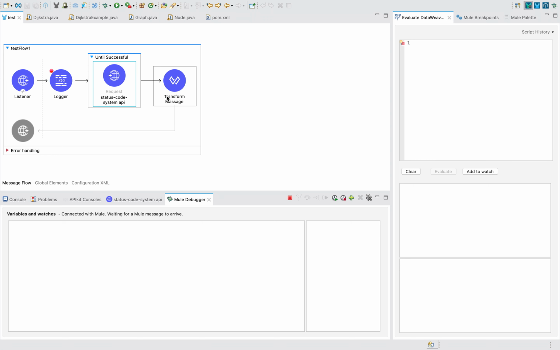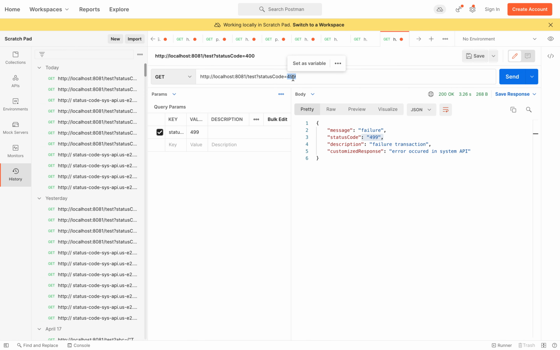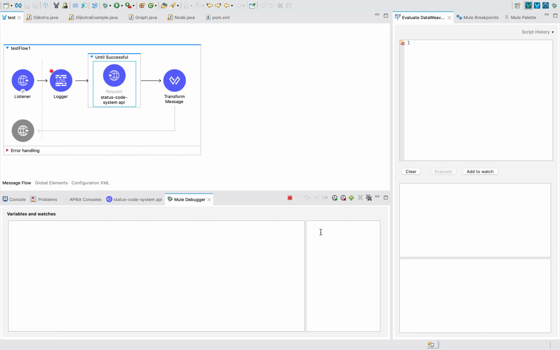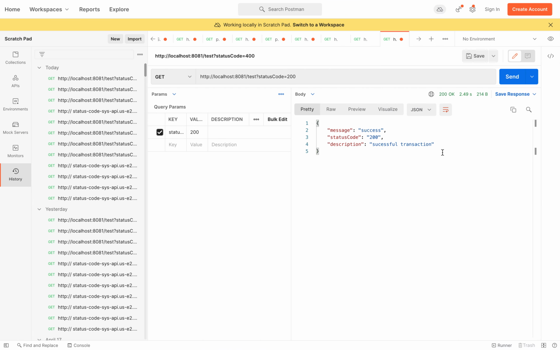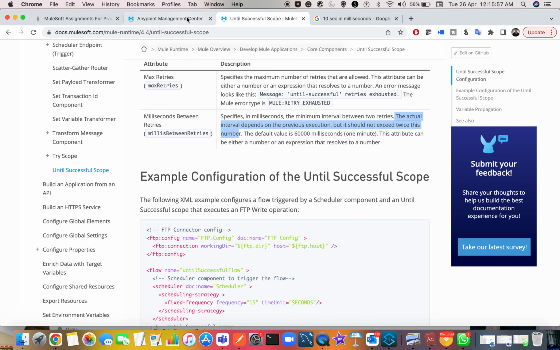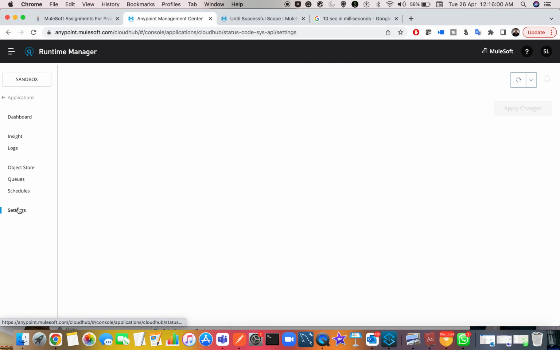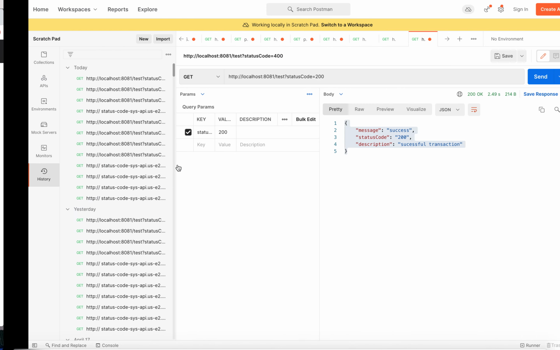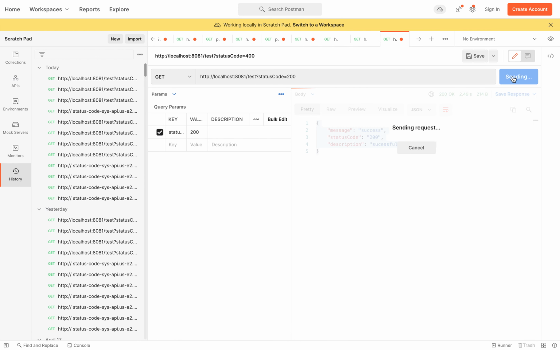Before implementing that logic, we have to test something, the 500 scenario, right? Like a connectivity issue. Usually it is 200. I'll send the request, okay? I am able to connect because my application is up and running and I am getting a successful transaction. What I will do is go to my runtime manager, go to settings, and stop my application for a while, so that I am trying to recreate an error scenario, a connectivity error. Now my application is stopped. So now when I send my request here,